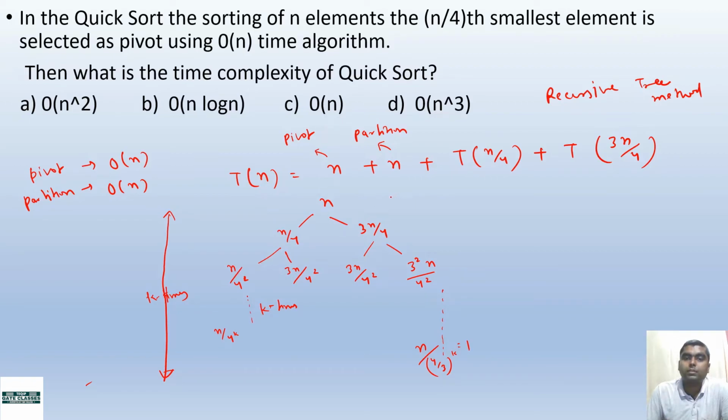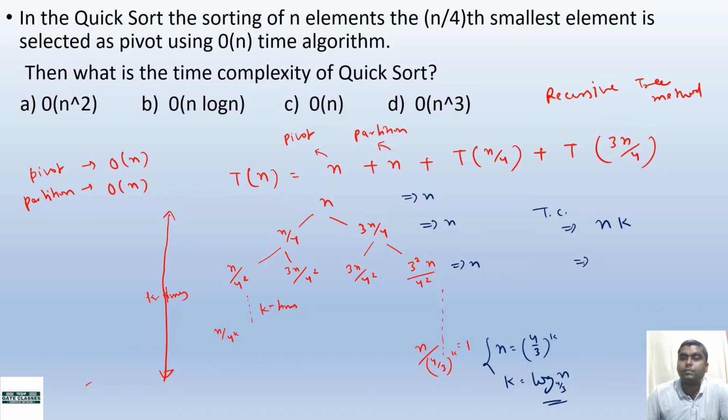So here, let me write this also in a beautiful manner. So this is what? Here it is n time, here also the overall time is n, here also the overall time is n. So overall time is what? So time complexity is what? So it is n k. So what is the value of k? So k will be calculated from here. So n equals 4 by 3 raised to power k. So you will get k as log n base 4 by 3.